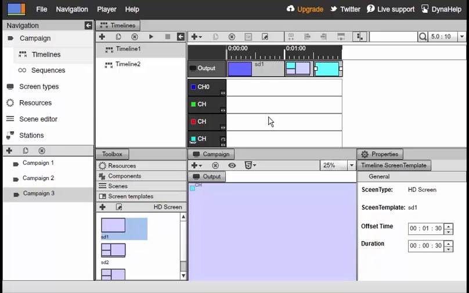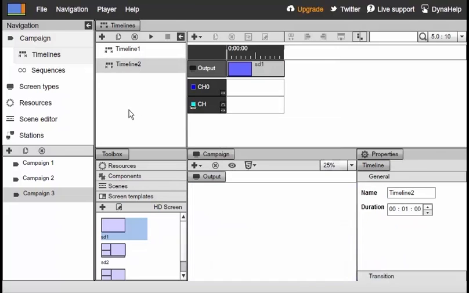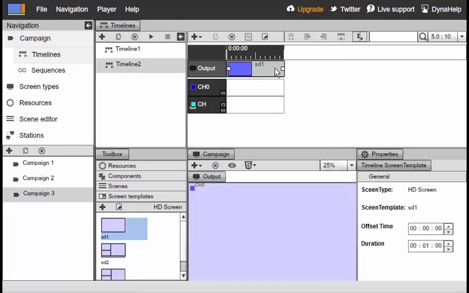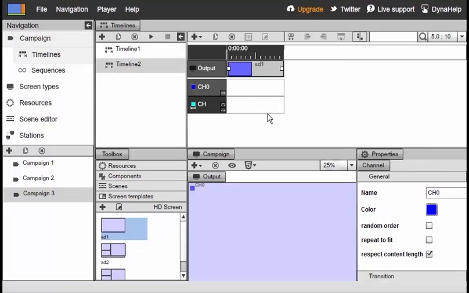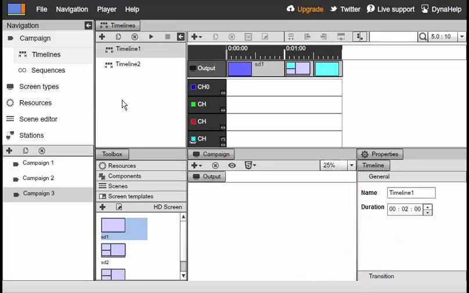with my common channel. Then I'll switch to timeline 2, and in timeline 2 again I'm not going to be using my common channel. I'm just going to use the blue channel, the local channel. So that's my configuration. And now we'll do the most important part, which is to assign the